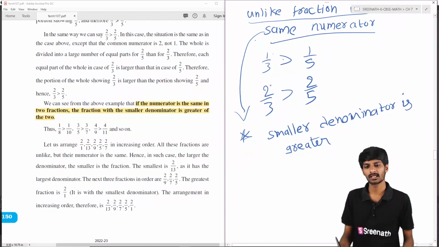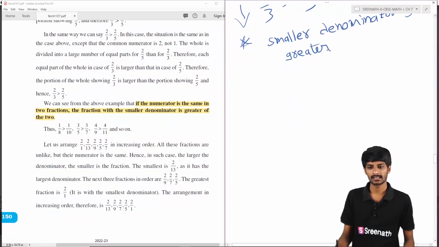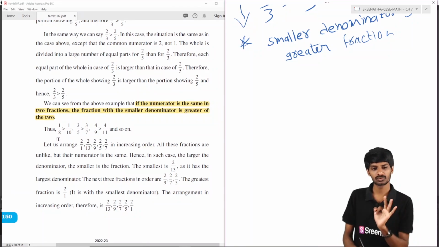Smaller denominator is greater fraction. 1 by 8... same numerator. So if you see the denominator, which is smaller, that fraction's value is greater,